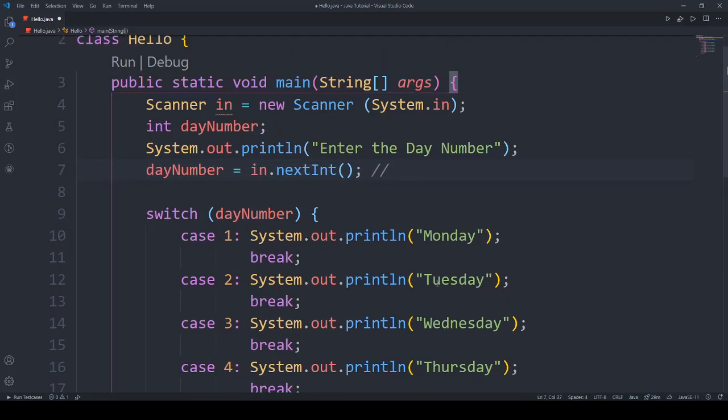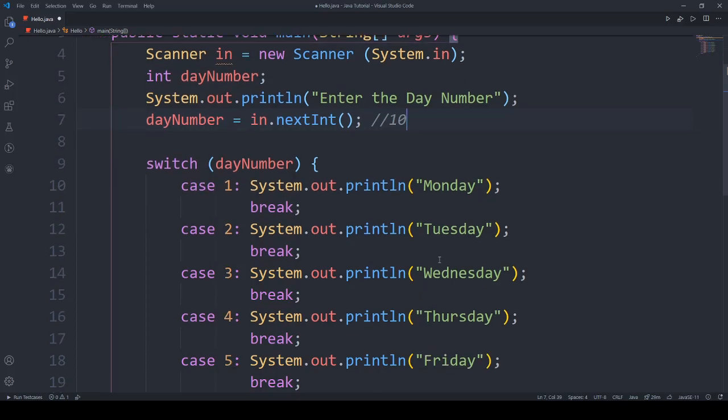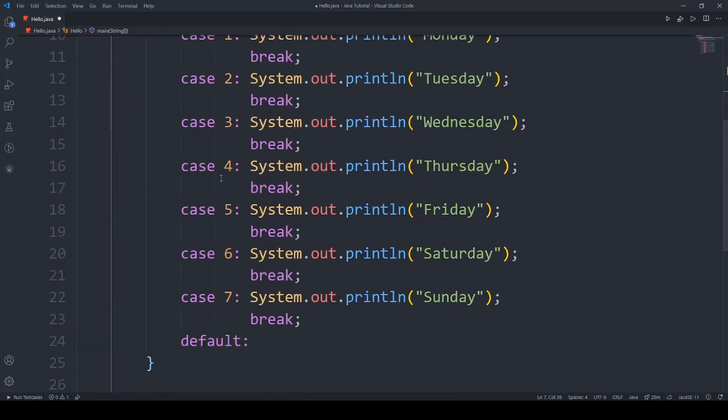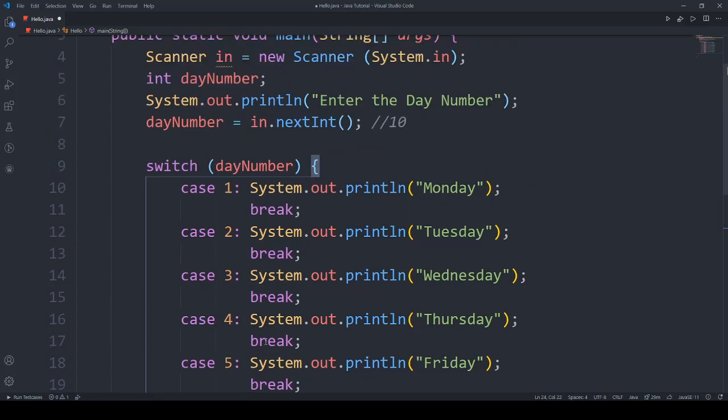But suppose the user enters 10, so we haven't made a case for 10. In that scenario, the statement inside the default case will be executed, right?